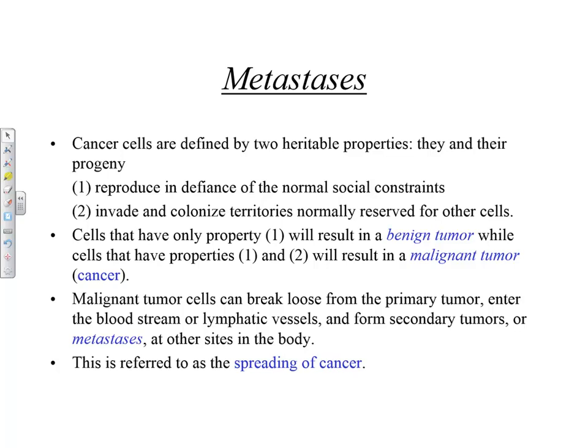Now, cancer cells are defined by two heritable properties. That means they can pass it on to their offspring. They and their progeny will reproduce in defiance of the normal social constraints, right? And they will also invade and colonize territories normally reserved for other cells. Cells which have only property 1, that means it is just multiplying uncontrollably, will result in a tumor because cell growth is more than cell death, but it is benign. While cells which have got properties 1 and 2 will result in a malignant tumor,